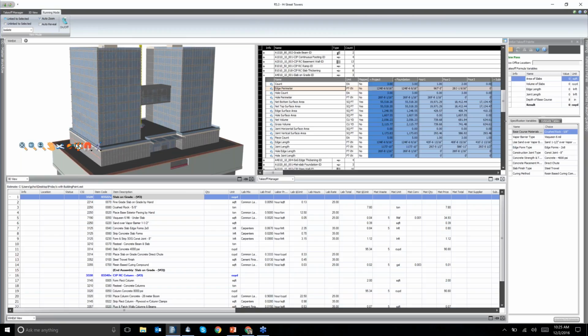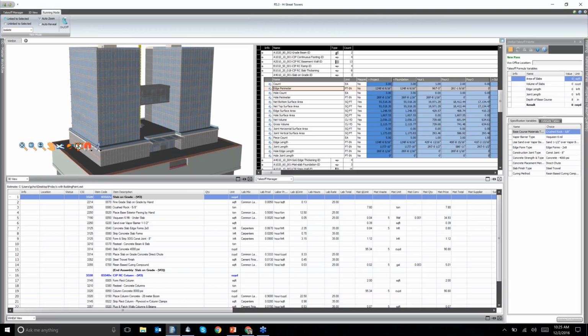So moving on to connecting our quantities to our estimate. Here I've opened up slab on grade. It's identified as a slab. I've opened it up, and now I can see all the quantities. The moment VICO Office recognized it was a slab, it gave me a count, edge perimeter, a hole count, a hole perimeter, net bottom surface area, net top surface area, edge surface area, hole surface area, net volume,